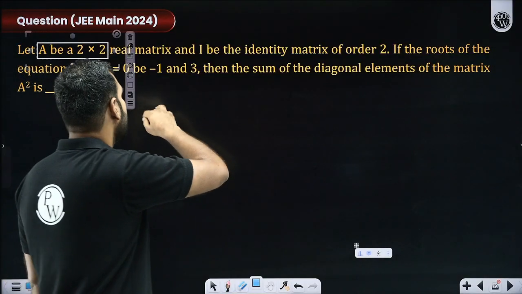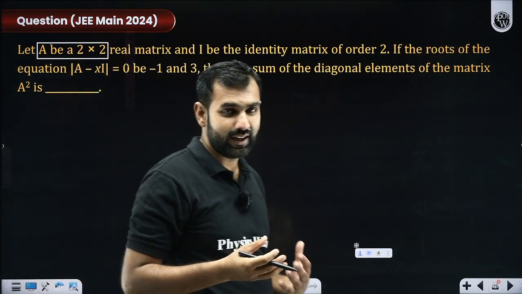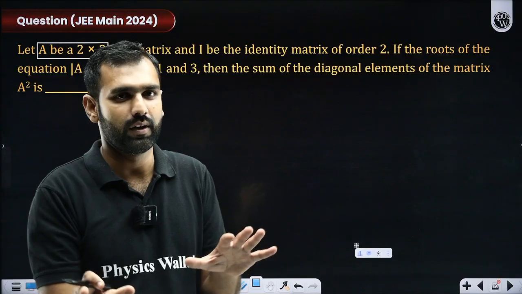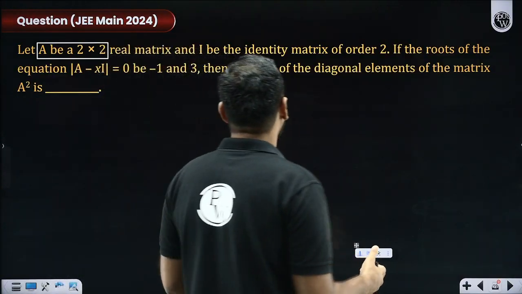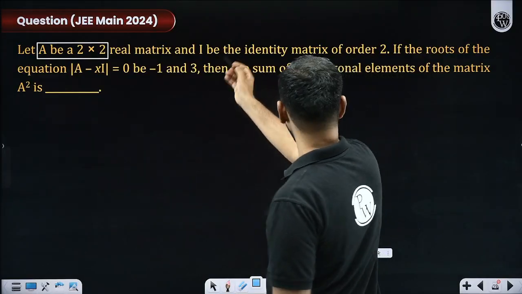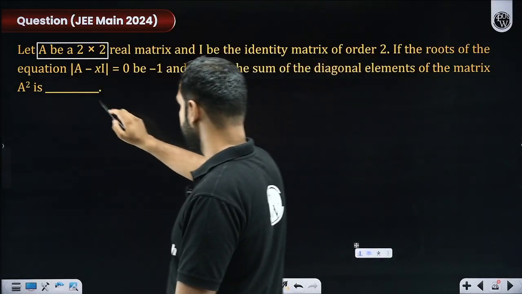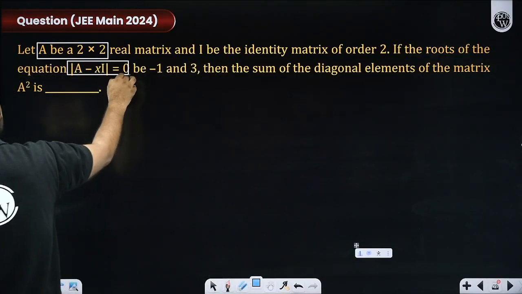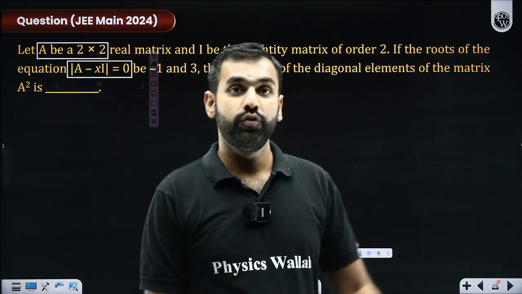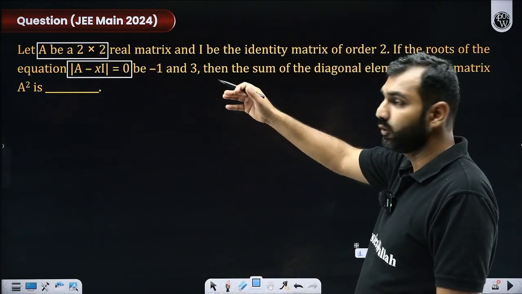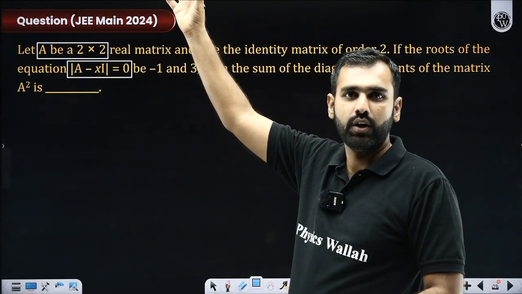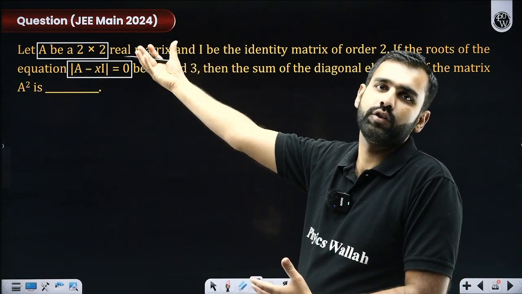The most beautiful thing that can happen in our life is somebody gives us a 2 by 2, because things become really simple and absolutely doable. And I is the identity matrix of order 2. If the roots of the equation determinant of A minus xI, the moment somebody says this, are they not telling you the eigenvalues? So if you know the concept of eigenvalues, you don't have to get confused with this idea that the determinant of A minus xI is null, then roots of it. They are unnecessarily confusing you, yes or no?